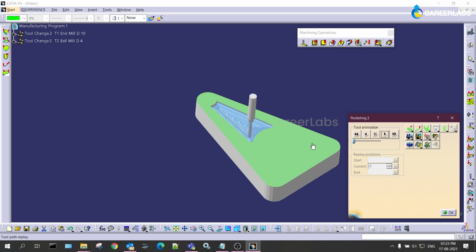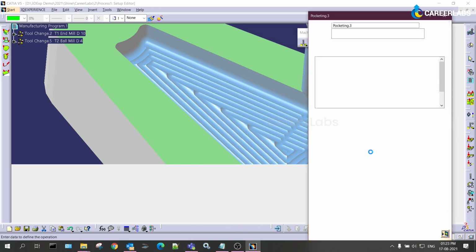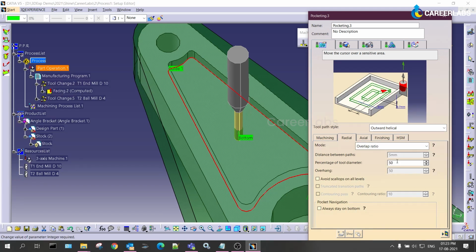So for the surface finish, when you observe, we still have to manage the distance between the tool paths. That is where I am managing the overlap ratio.